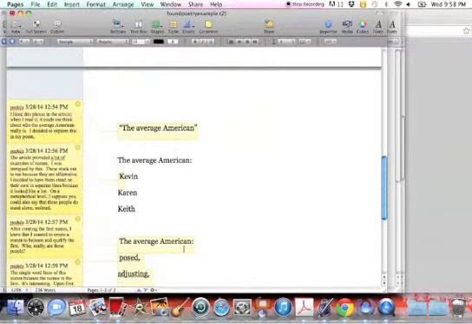Okay, now you'll see the last thing that I'm having you do with this poem is provide annotations. So let me tell you about how I wrote this and why I wrote it this way. For the title, I said this: I like this phrase in the article. When I read it, it made me think about who the average American really is. I decided to explore this in my poem. I just thought it was a cool idea.